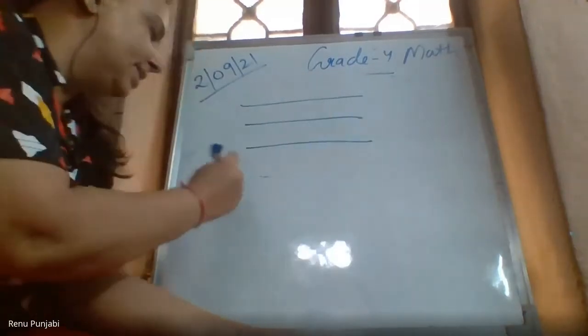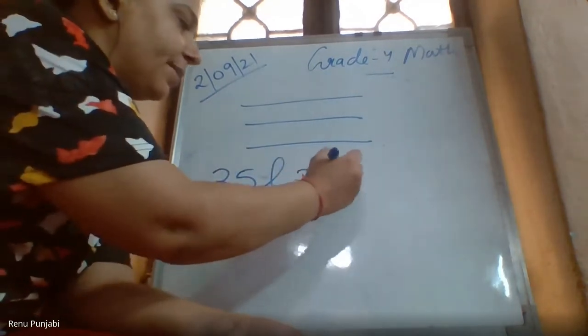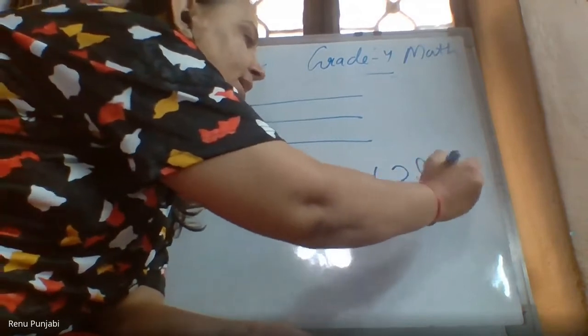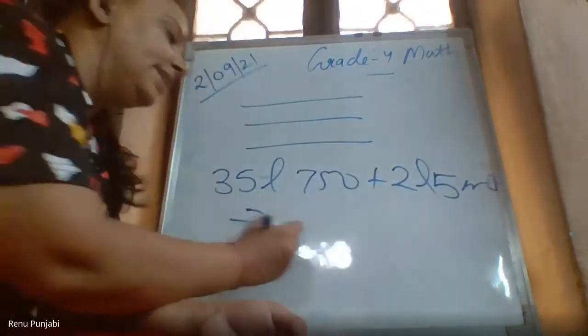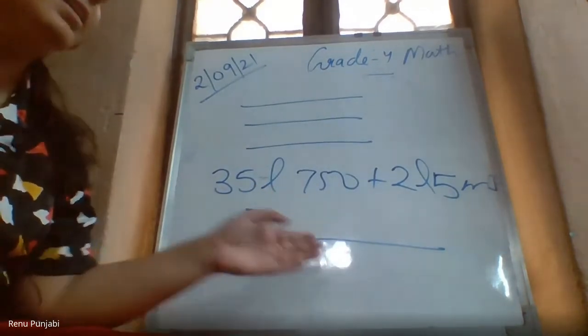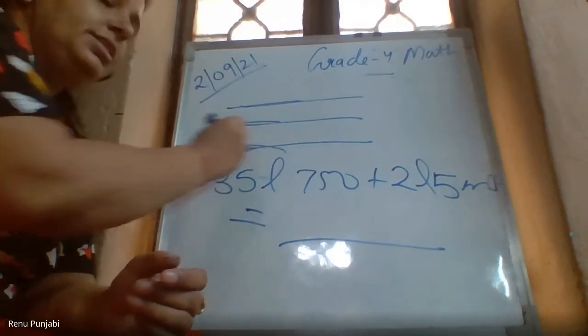3 लीटर स्टेटमेंट लिखने के बाद आप यहाँ पर भी लिख सकते हैं 3 लीटर 750 ml एंड 2 लीटर 5 ml, यहाँ ऐसे लिख लिया इक्वल्स टू साइन एंड राइट द आंसर. आप रफ कॉपी में इसको सॉल्व, यू नीड टू सॉल्व इट एंड राइट द फाइनल आंसर. Okay, ma'am, got it. First write all the 3 statements.